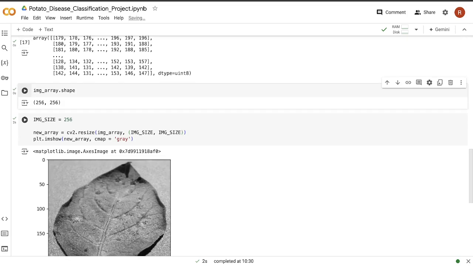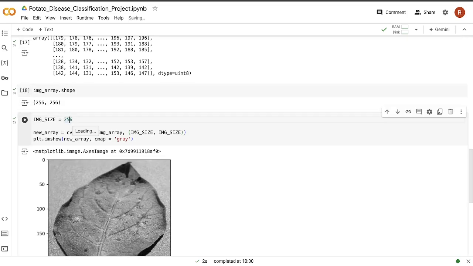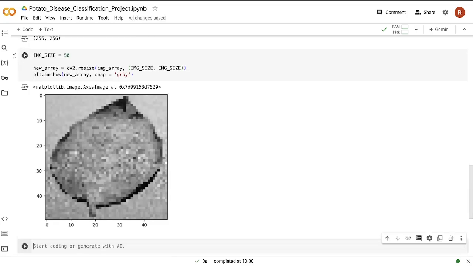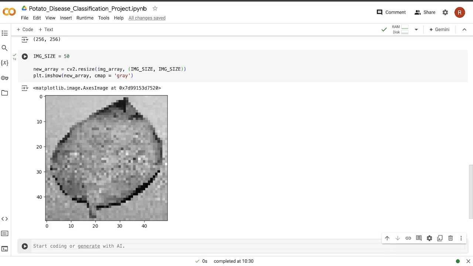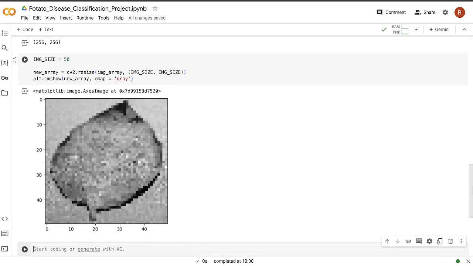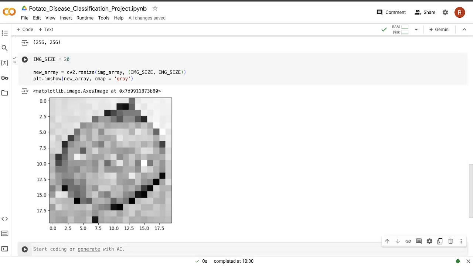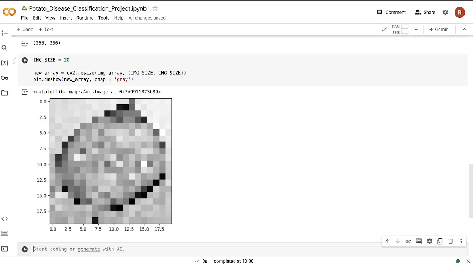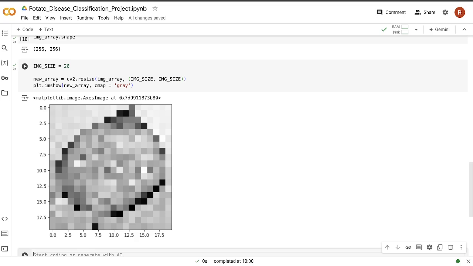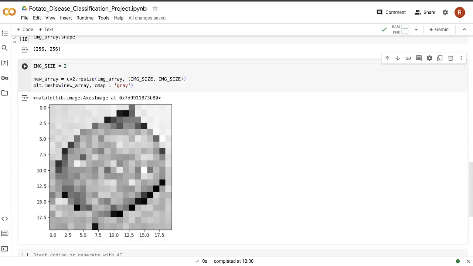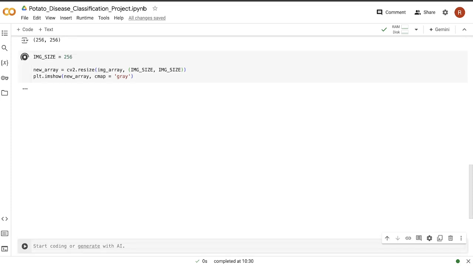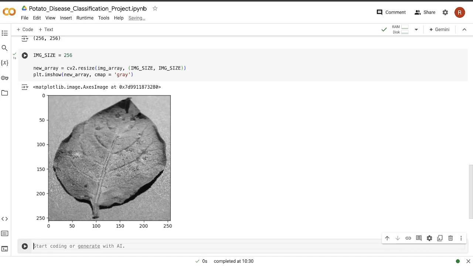But if you change that image size to some very small number, like let me say 50, let's run that. Now you can see there is a lot of glitch in the image. Now you are not able to see the image clearly. When you reduce it more to some 20, you can see the glitch has increased to a much higher level. So this is how, when you change the image size, the image pixels also fluctuate. So let me make it back to 256. So now you are seeing the clear image.